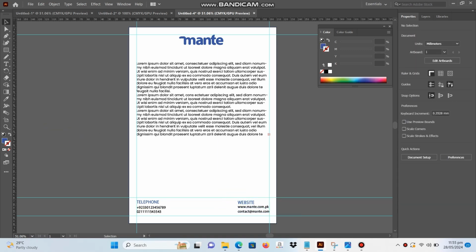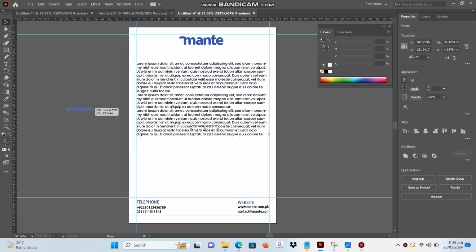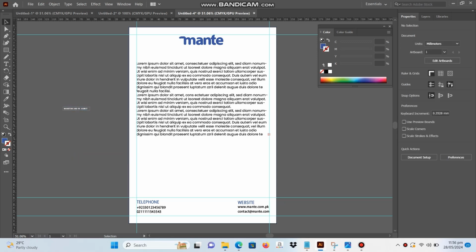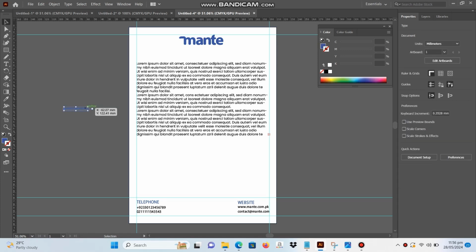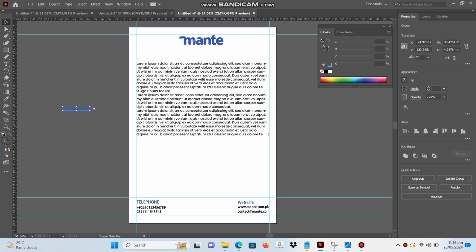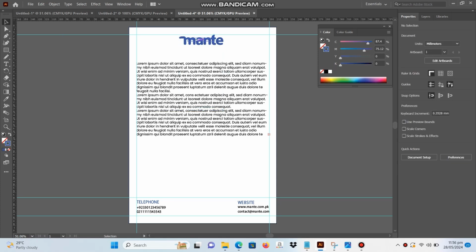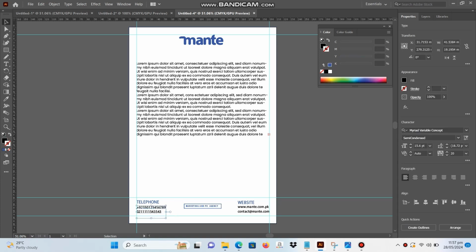Let me tell you, when you design a letterhead, right away take a rectangle tool and draw a rectangle-sized box, so when you save it, your design will be saved with a background, not a transparent one. Like this, you can see it, and I'm just adjusting the details here. You can take as much time as you want. We are not in a hurry. It's very important because it's a one-time investment.